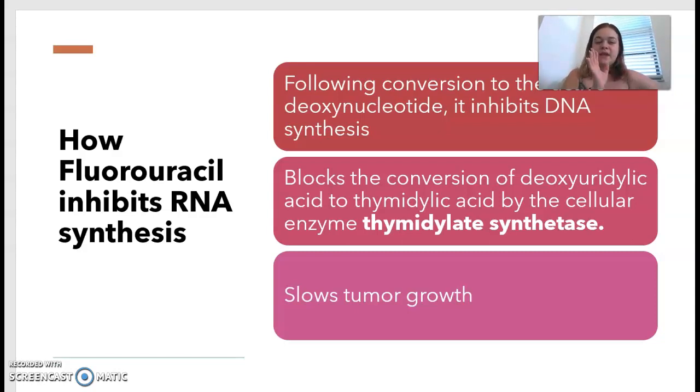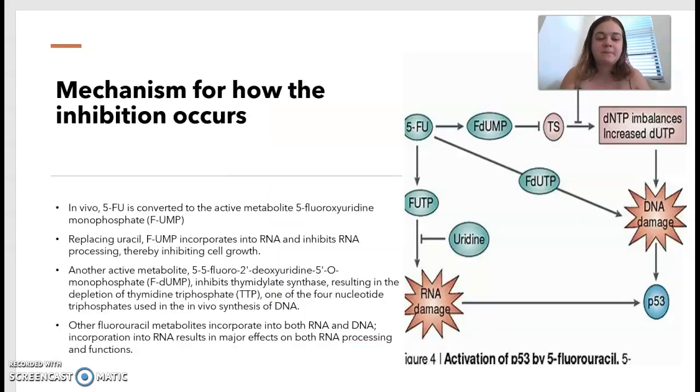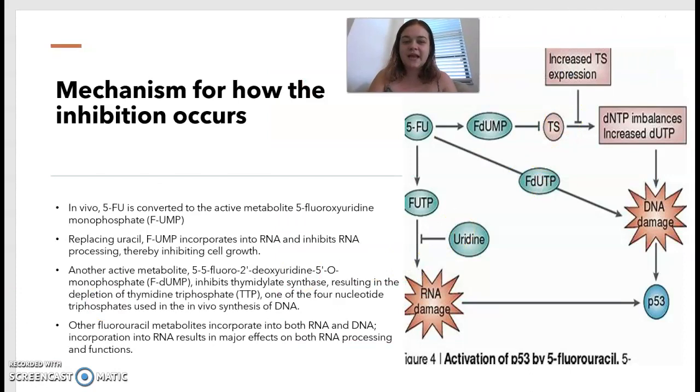So we're going to see a structure of that and what that mechanism looks like. How it inhibits and the mechanism of that sort of correlate. By blocking DNA synthesis and RNA synthesis, it is going to slow tumor growth. So once the synthesis is unable to carry out, the tumor growth doesn't happen as rapidly as we see with cancer cells. So what exactly is happening here? What is the mechanism? Once it's in the body, it is converted into that active metabolite, which we talked about,